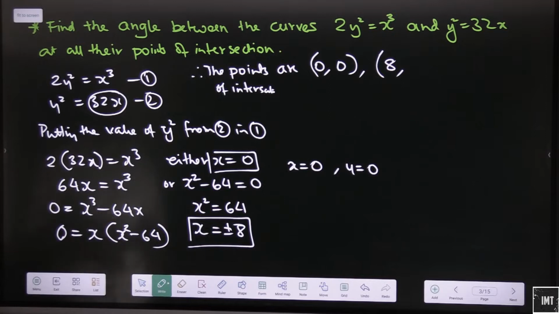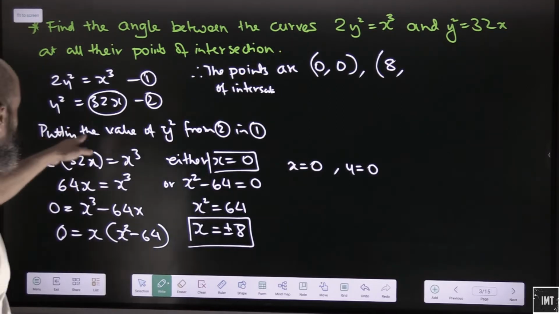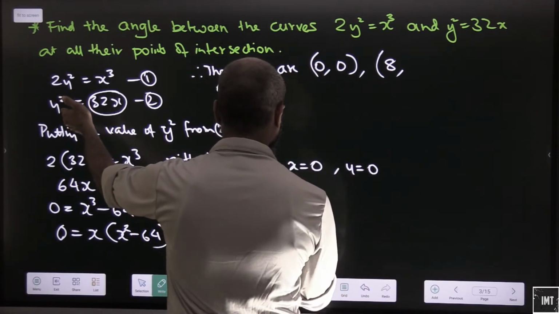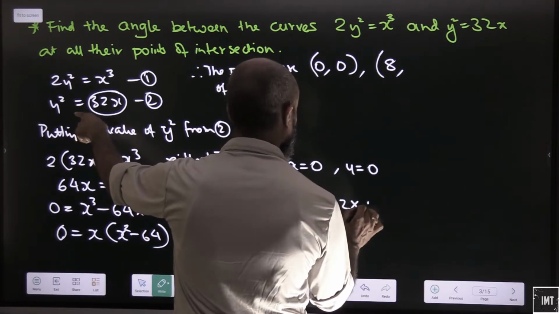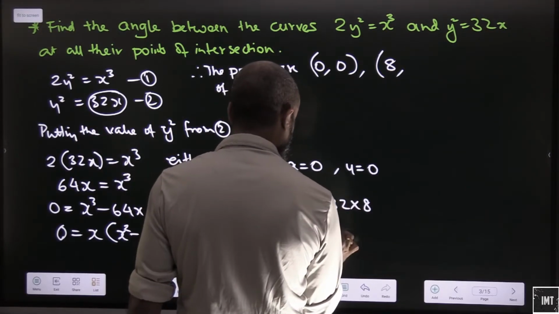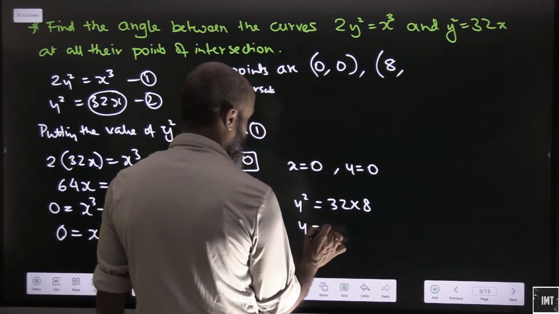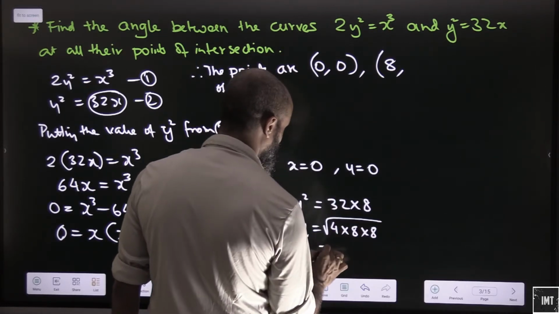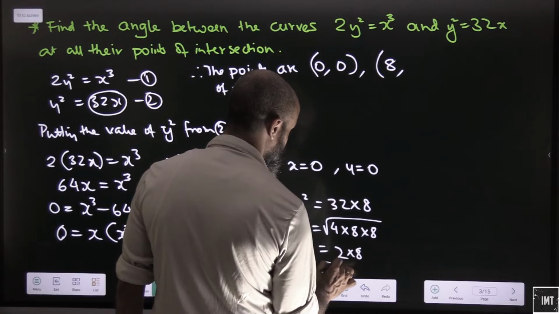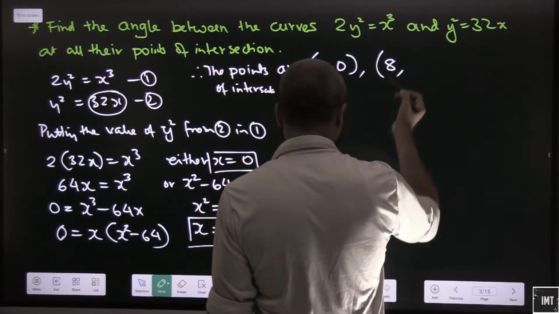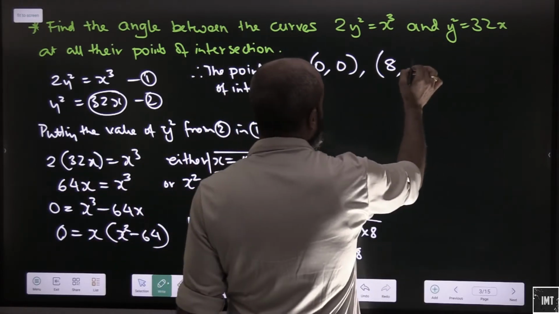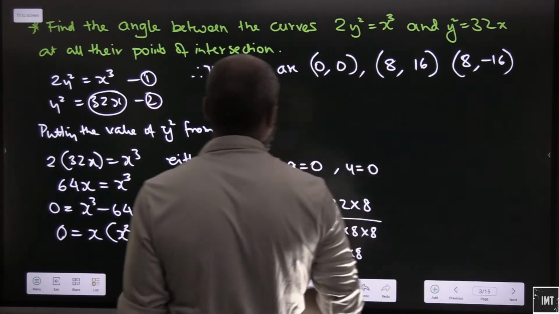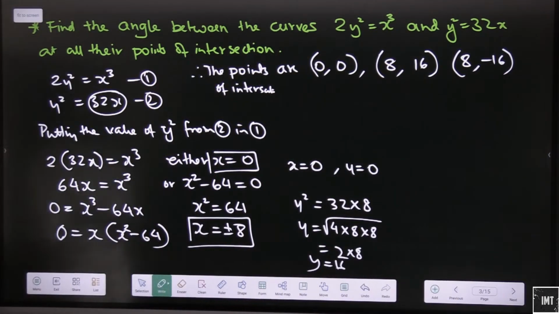We have solved this for both of them, so let's take any of these equations. Here y square will be equal to 32 into 8, so y is equal to the square root of 4 into 8 into 8, that is 2 into 8, that is 16. So y is equal to plus minus 16. Once it will be plus 16 and the other one will be minus 16. So these are the values that we have.